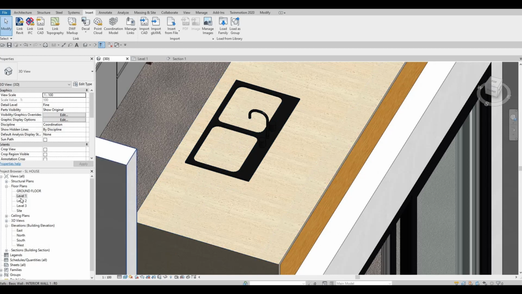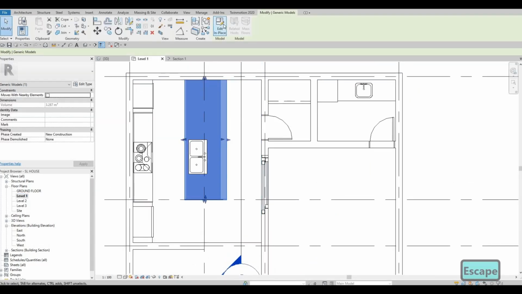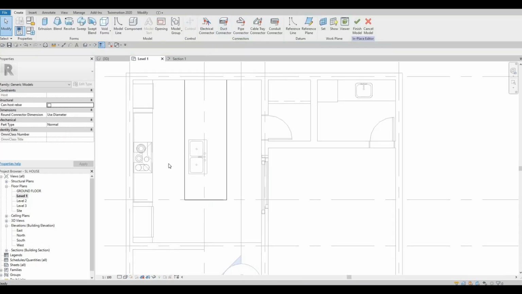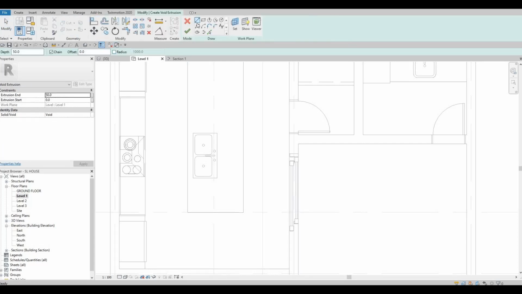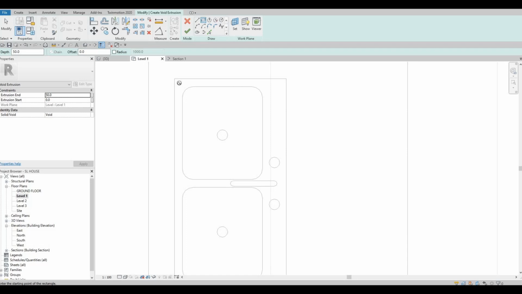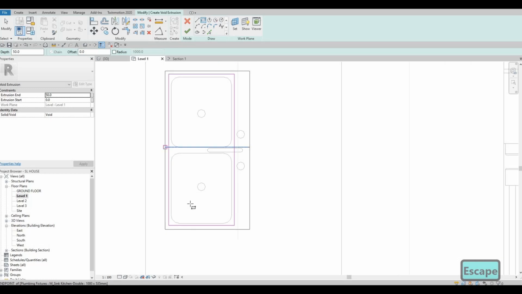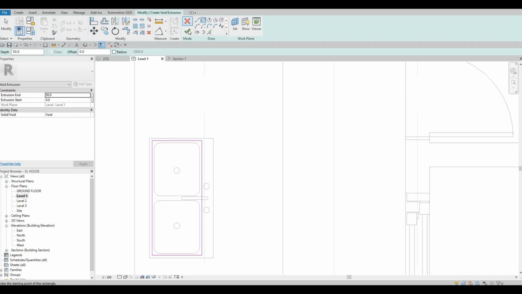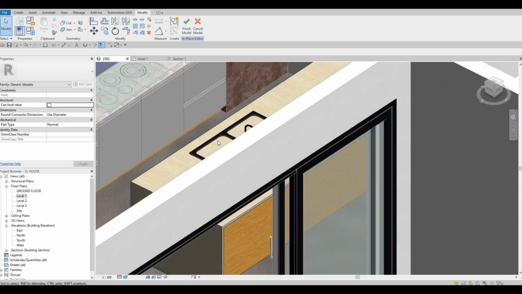So let's go to level 1 again. We want to make sure to select this generic, edit this in place, and then now what we need to do is create a void extrusion, and then select rectangle, and then we need to give some gap here so that we could show the sink. And then here, click on finish, go right here, and then hopefully we'll be able to select the